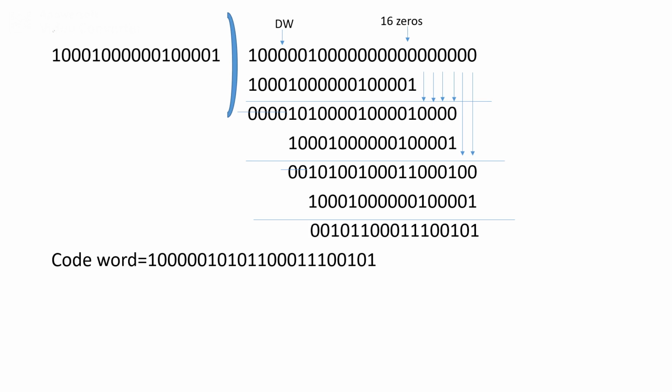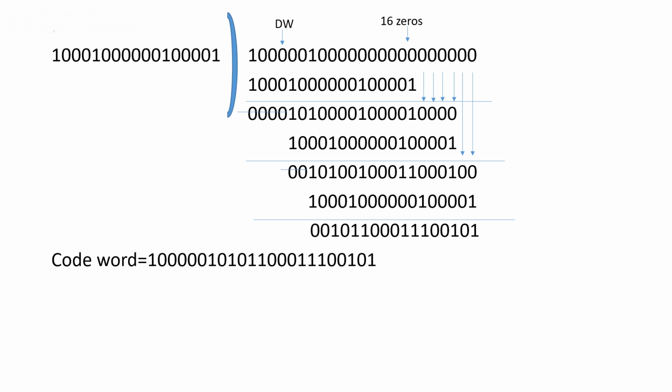Then we need to perform the XOR operation. From left to right, we carry these 17 bits to the bits above, which are of the same length. Then we perform the XOR operation. We know that in XOR, if the two bits are the same, the result is 0, and if the bits are different, the result is 1. After taking this, we get the answer, and the leftmost 0 we suppress or strike out. Then we need to make the equal length by carrying the next remaining bits.